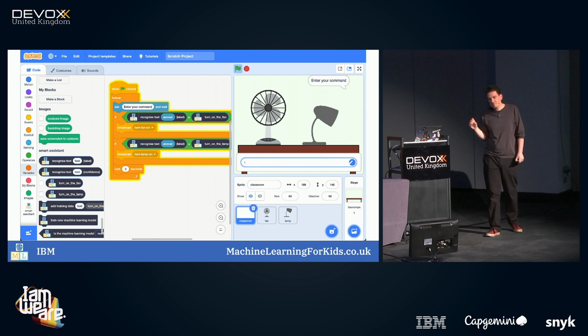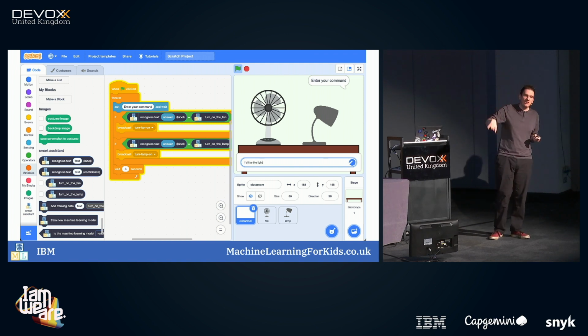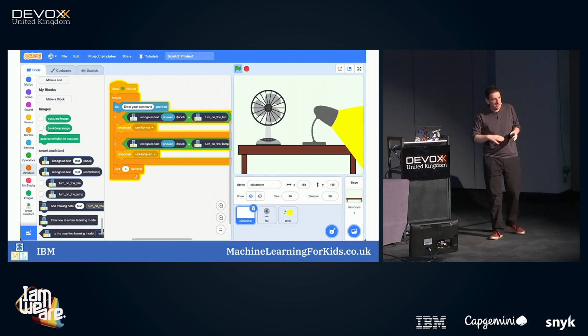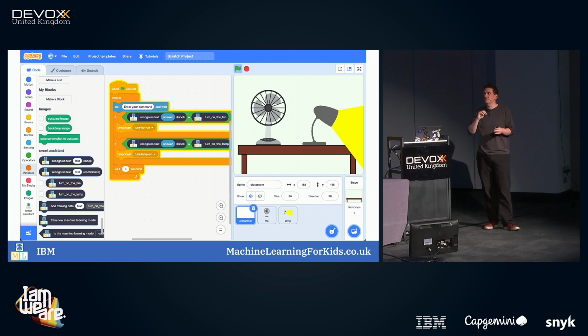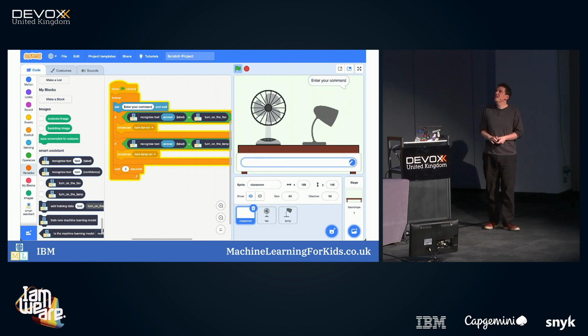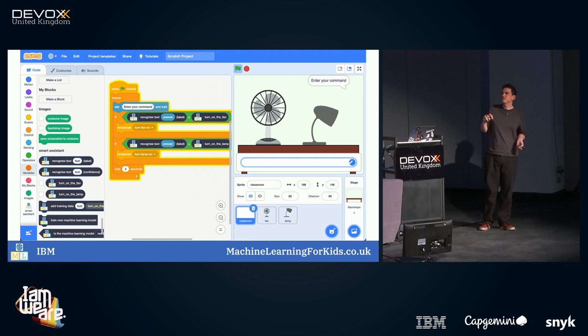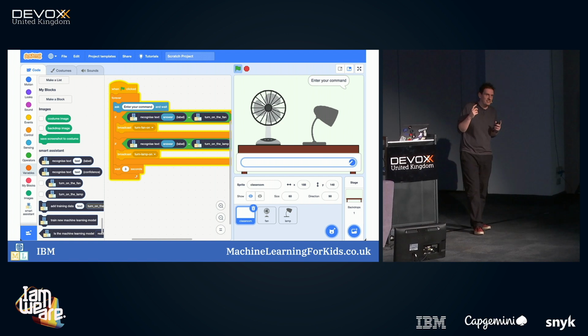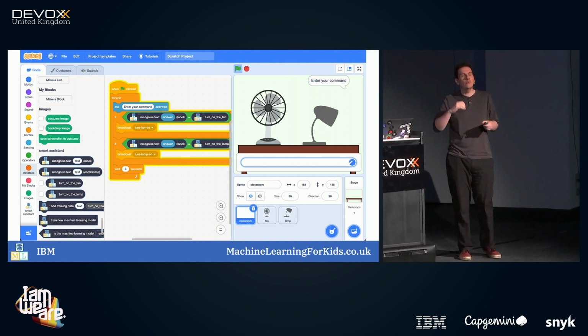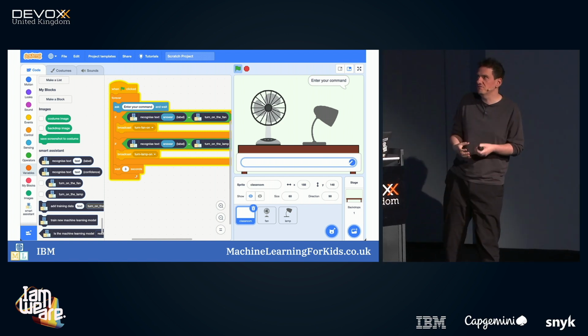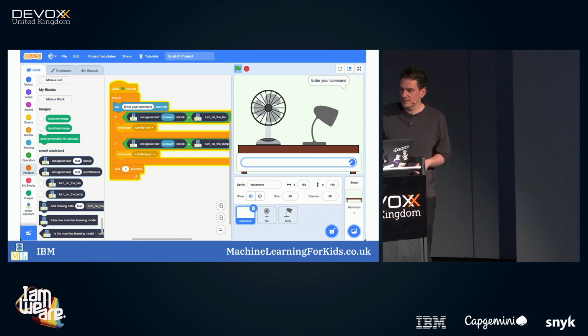Simple little thing, but the idea is to start showing them, because a lot of the kids will be familiar with Siri, familiar with Alexa, they might have one at home or they might have seen one. But having made one for themselves, albeit a simplified one that has only learned 2 commands, it starts to, they get that penny drop of, okay, what went into it, what was involved, and how do these things work?